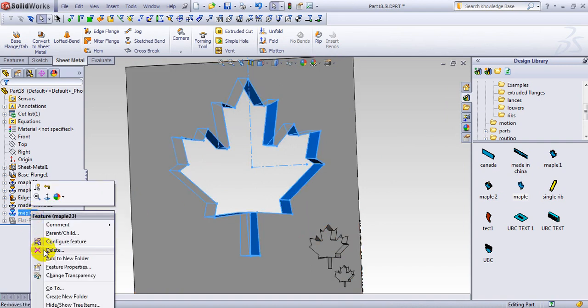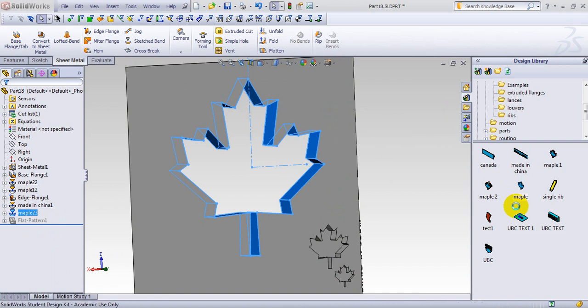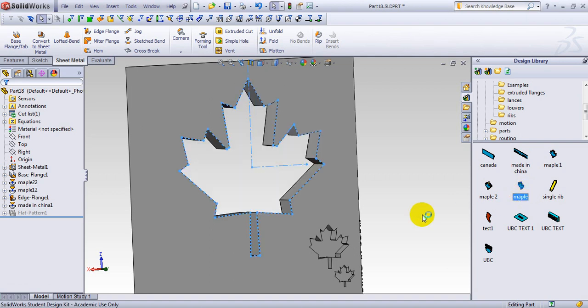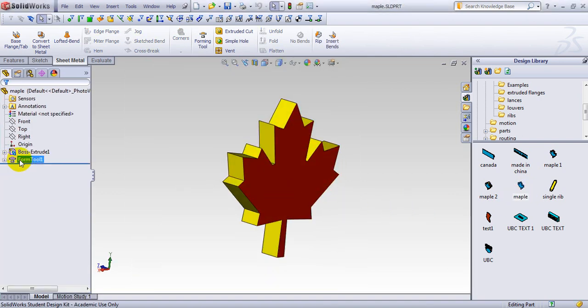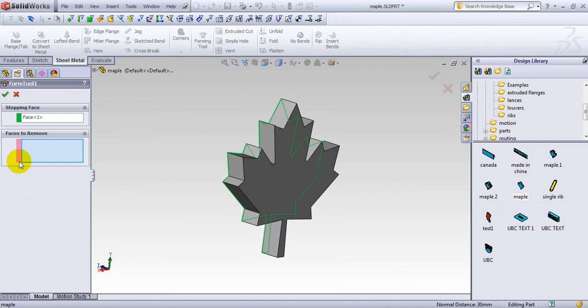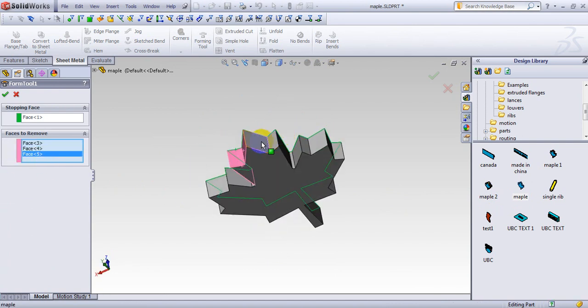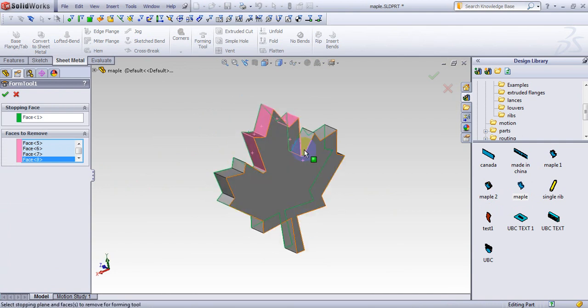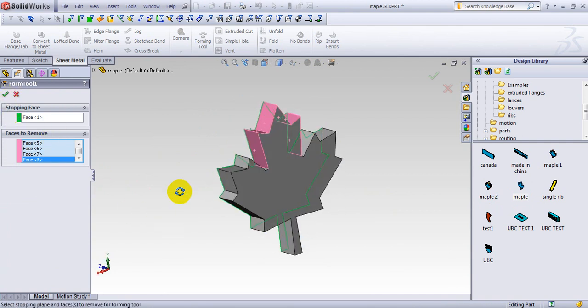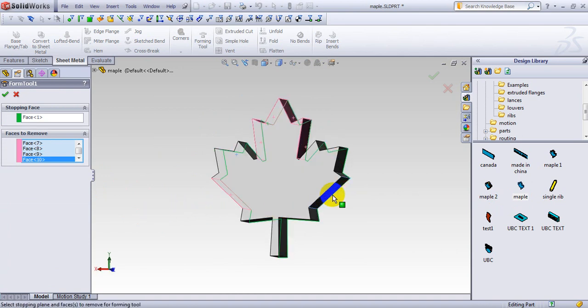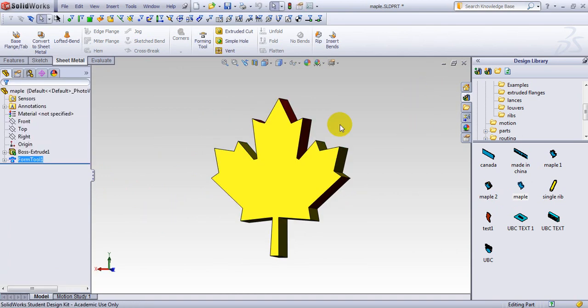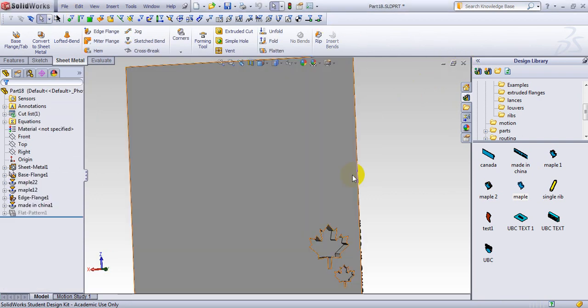So let me just go here, delete this maple leaf, and I go back here to my initial maple leaf, the big one, and what I do, instead of cutting, I go and modify the forming tool and remove this, and the faces I want to remove are maybe these 6 faces, this. So these are what I want to remove, and maybe this as well as this. So here, and let me save that, and when I now go and use this, my maple leaf, rebuild it,